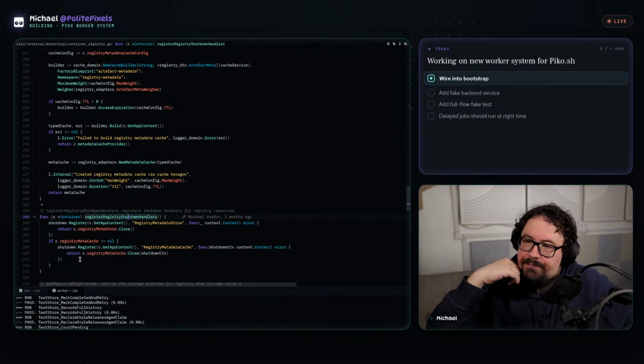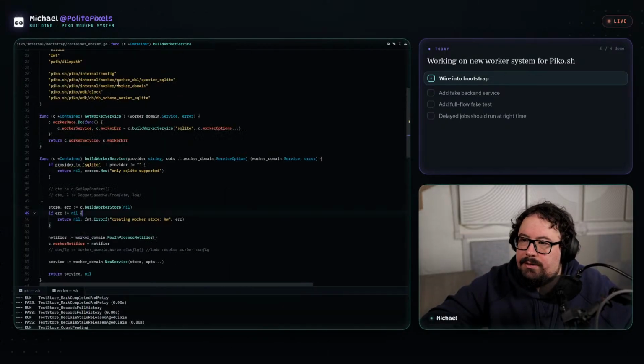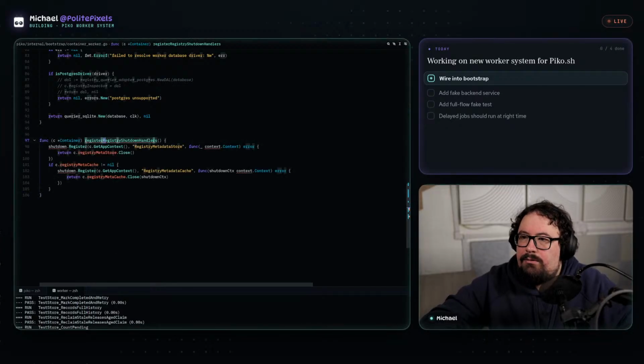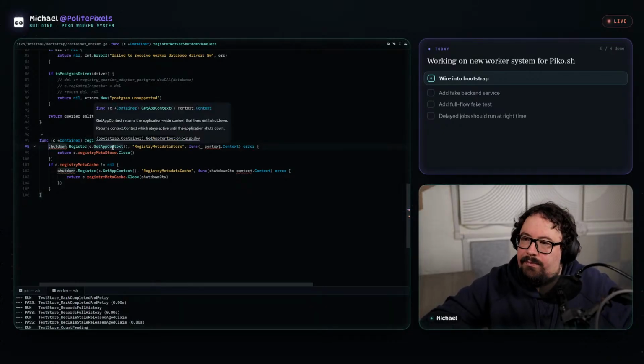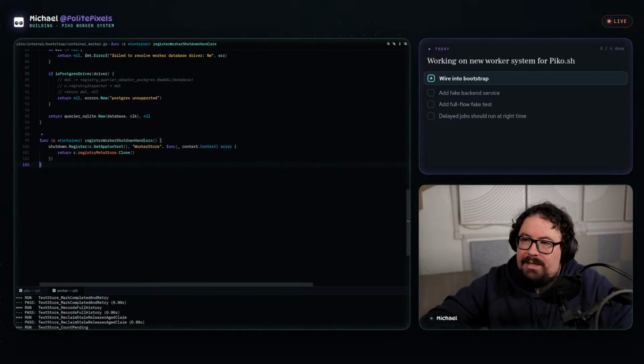Yeah. Because we're also going to want something like this: register worker shutdown handlers. It would just be like this.